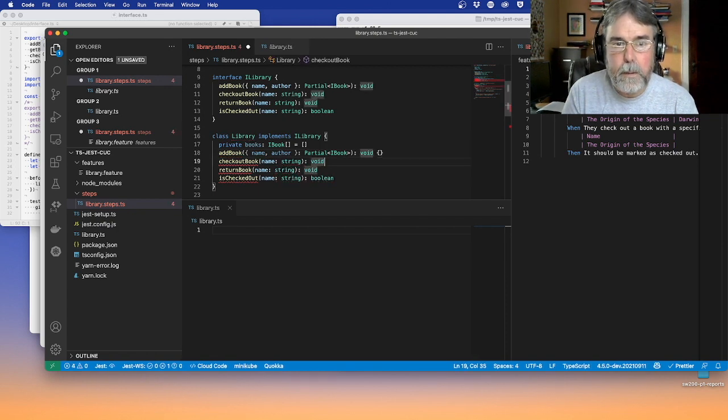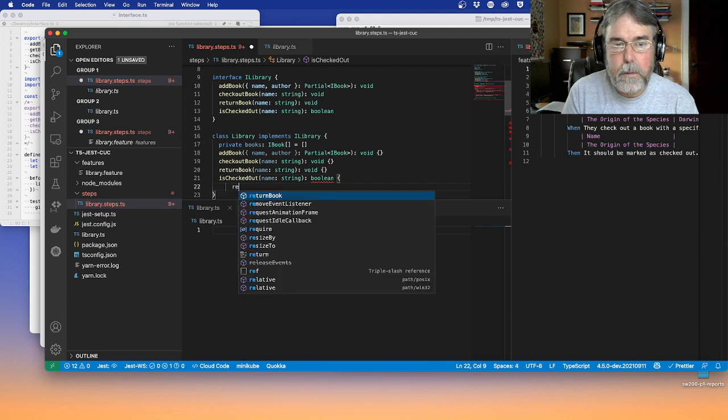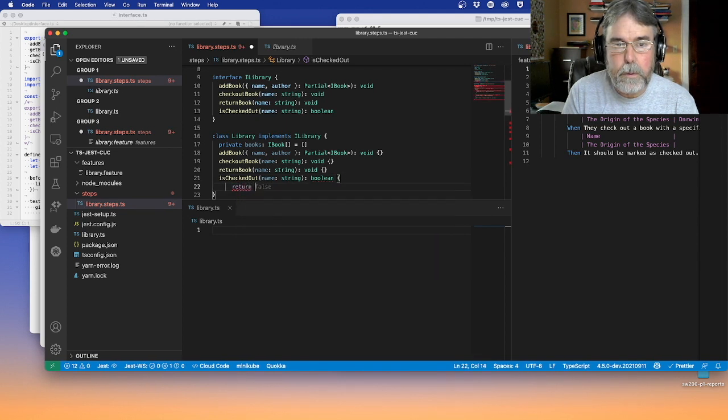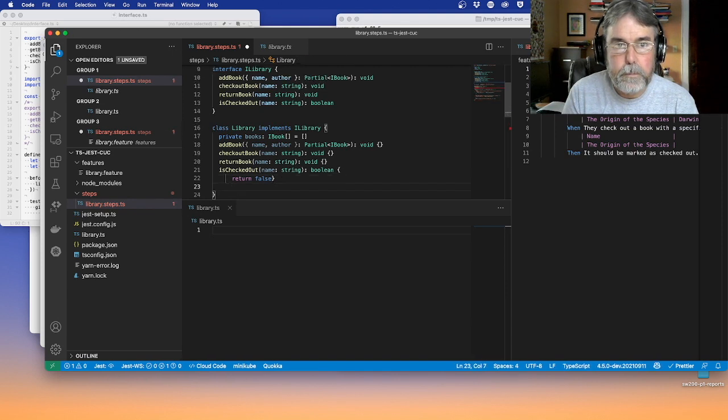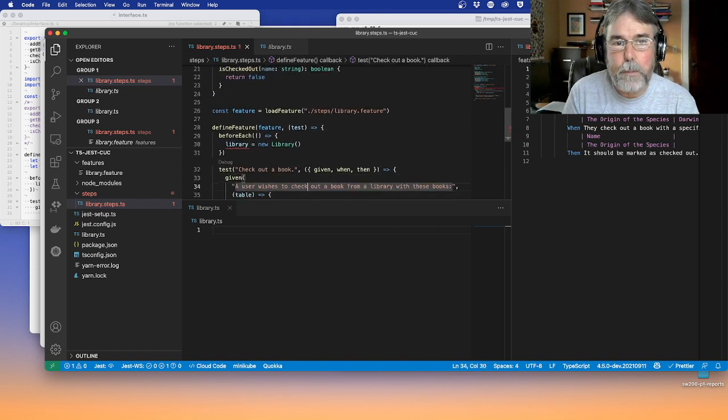We'll do that. And we'll do turn false. Okay, those are empty implementations. So now at least it won't complain. I'll go back later and